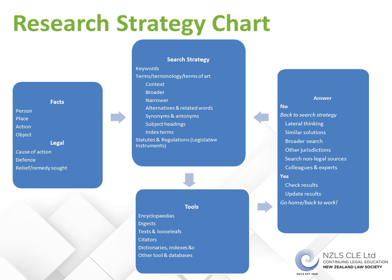Okay, so we are reviewing and finalising our research. So this flow chart on the screen recaps what we've covered in the seminar. We've started off with material facts, legal concepts. We've had our search strategy and the tools. Some of those, you'll notice they're not just online databases. We've got all sorts of tools with added value which are worth remembering. And hopefully you've got to the yes on the right-hand side there at the end,